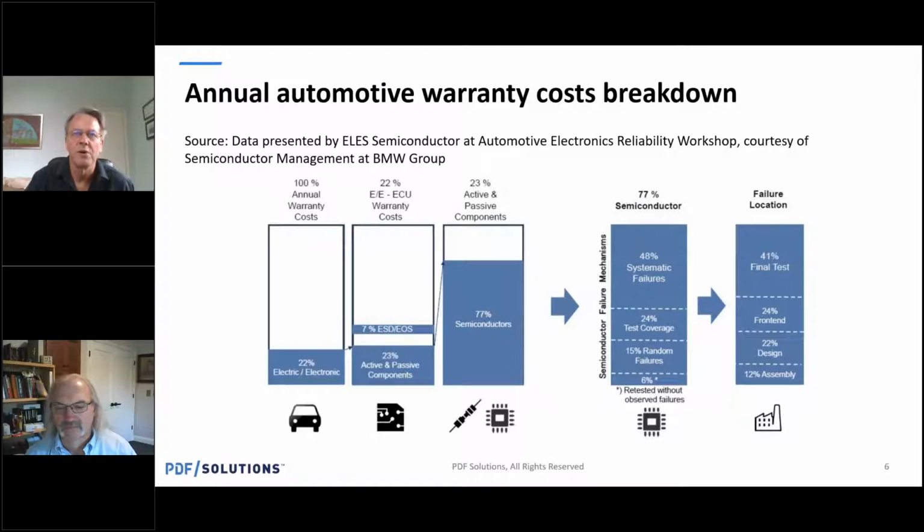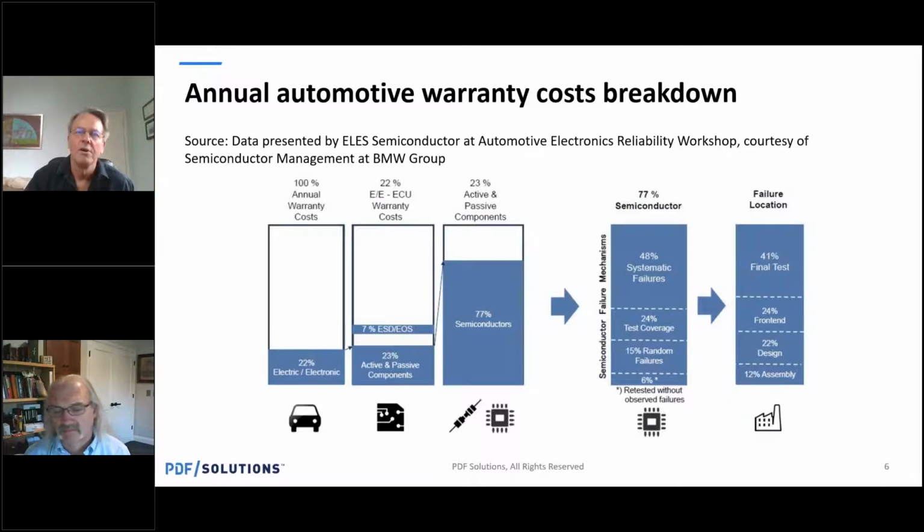That's not a big percentage, but on the other hand, it's a very scary thing because it means that we didn't learn anything from this failure and we have no opportunity to fix it in the future, so it will probably happen again. The next thing I'd like to bring your attention to is the 12% of assembly as the